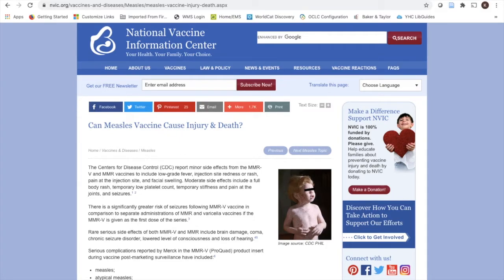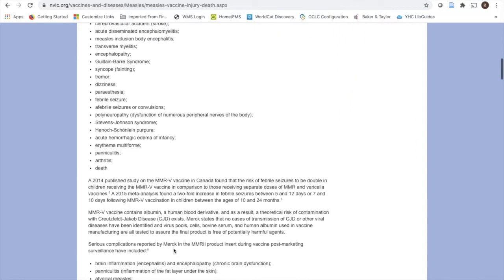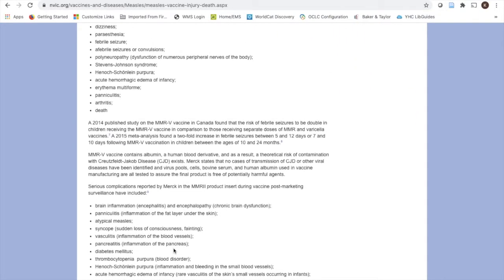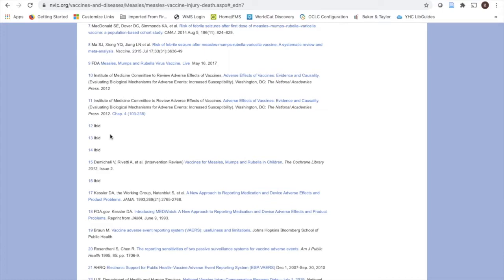For example, the NVIC cites a 2014 study that claims that the risk of febrile seizures doubles in children receiving the MMR-V vaccine in comparison to those receiving separate doses of MMR and varicella vaccines. If we trace this claim back to its original source, we see that it takes us to a peer-reviewed journal. So if I go ahead and click on the source, and if I go ahead and click on that,